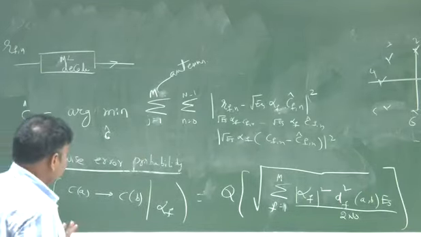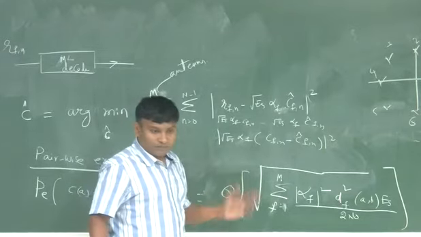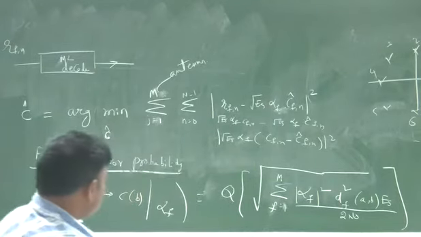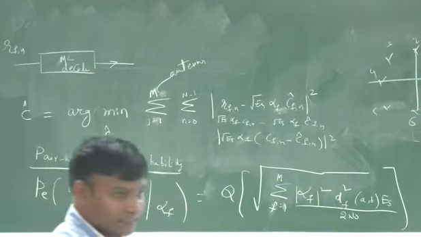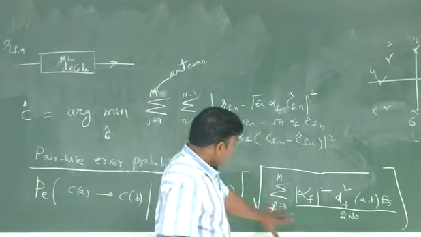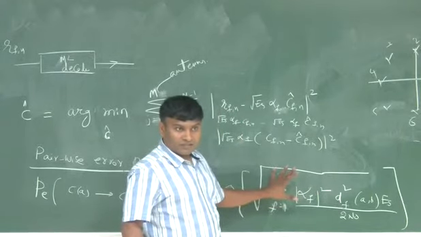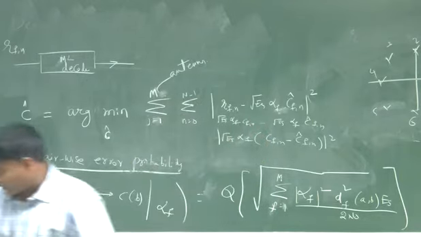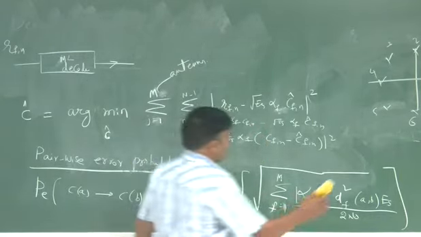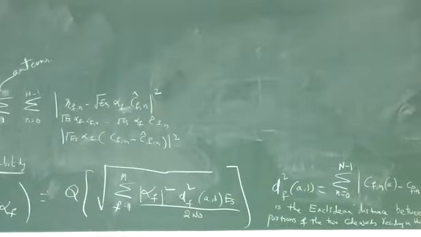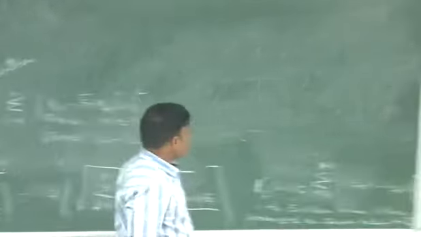Okay, now, from here onwards, life is much simpler. That is, what is the design criteria? You tell me. What is the design criteria to get full diversity? Look at this and tell me, how should we design the code so that we achieve full diversity and maximum coding gain? That is the question. You should be able to answer right from here. You don't have to do much more manipulation. From that design criteria, you can construct the codes.